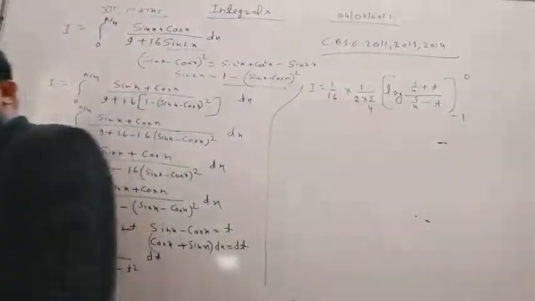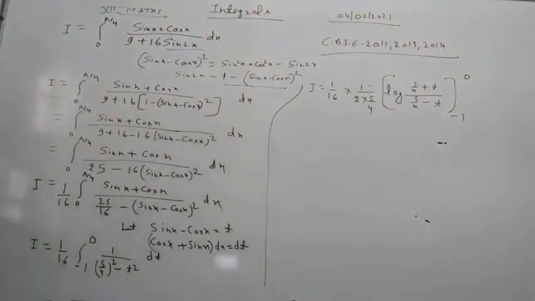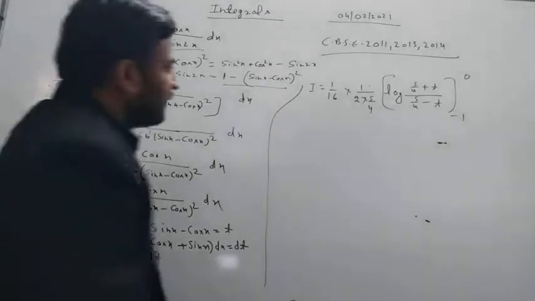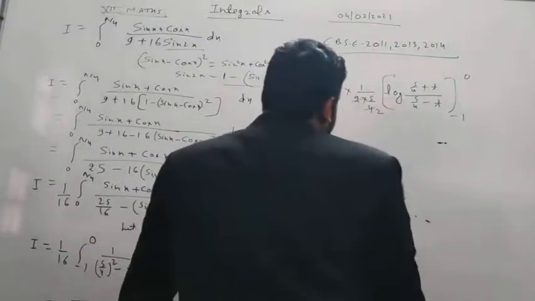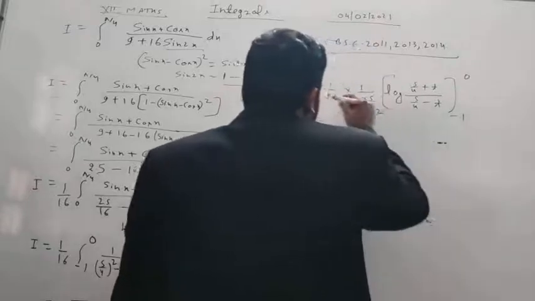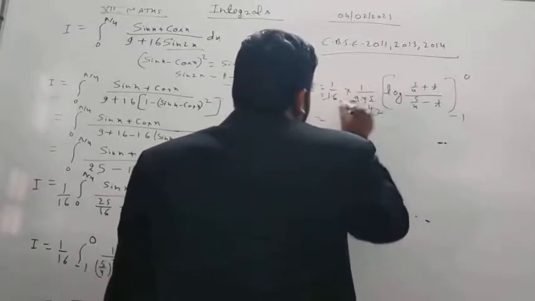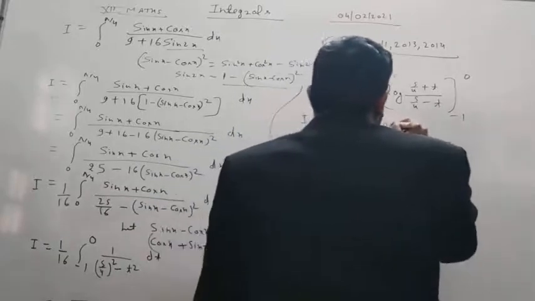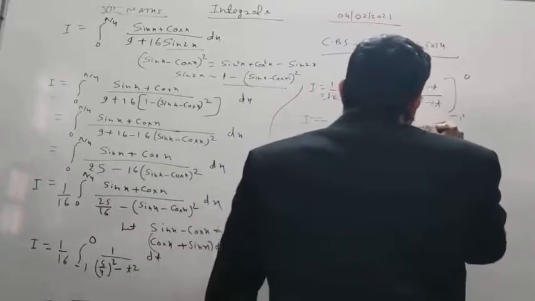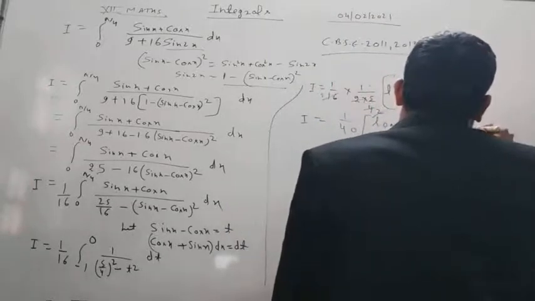Okay students, I hope you understand. We have just put the value of the limit, which is 1 by 2a log (a plus x) by (a minus x). Now we put the value of this, students. This is cancelled, and this a is cancelled, and this will be 1 by 4, and here we write now 5 by 4 plus 0 minus log 5 by 4